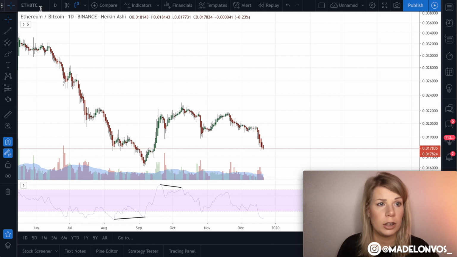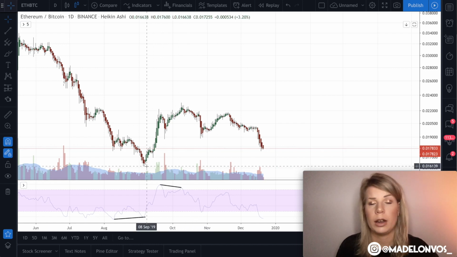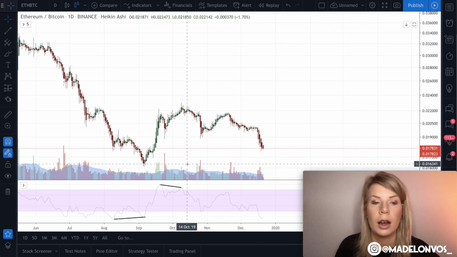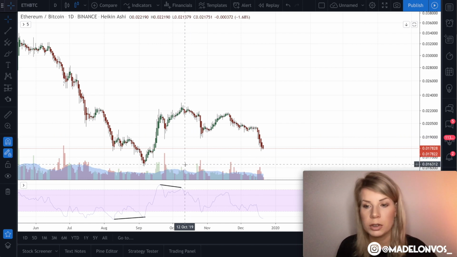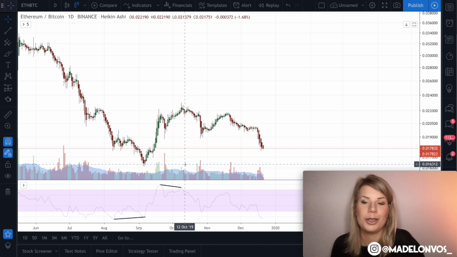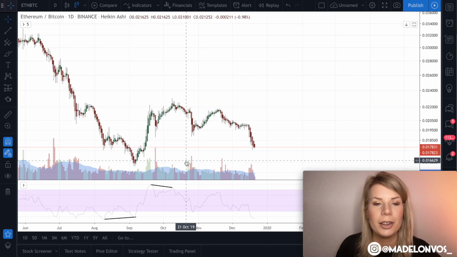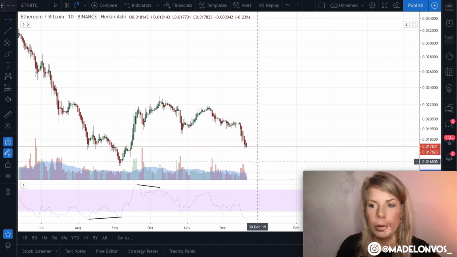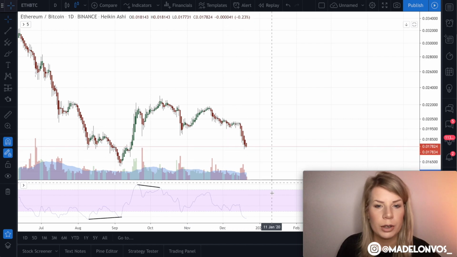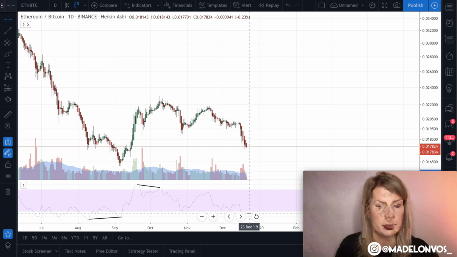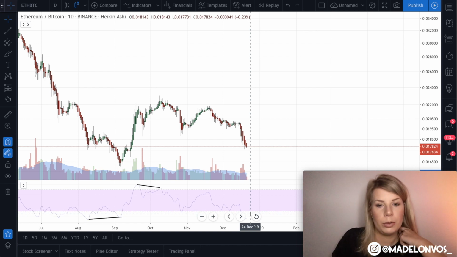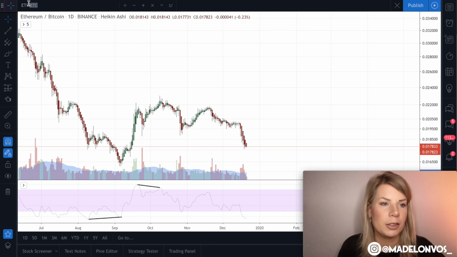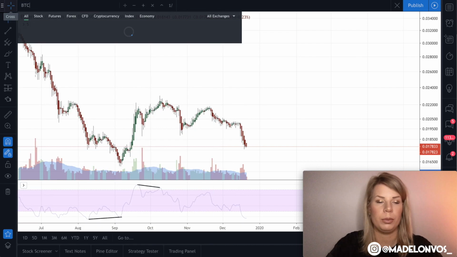I like to use Ether, or altcoins, priced in Bitcoin because I trade in cryptocurrencies or Bitcoins. I want to earn more Bitcoin and not more USD. Or of course I also want to earn more USDs, but my starting point is Bitcoin. So price could go down a bit more after we've seen a new bullish divergence incoming. But for now, there's not much going on. I would switch to BTC.